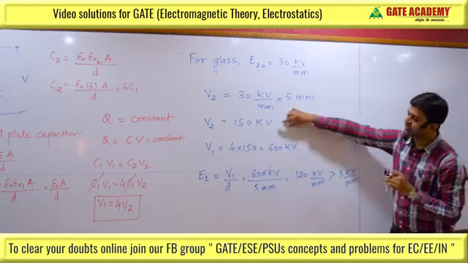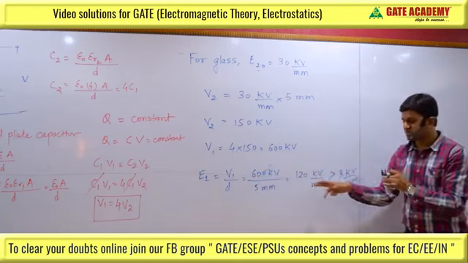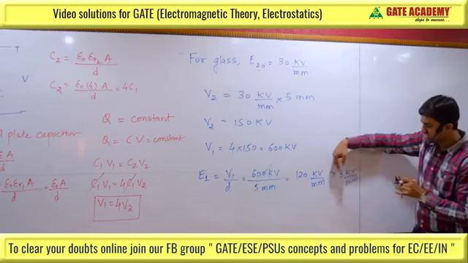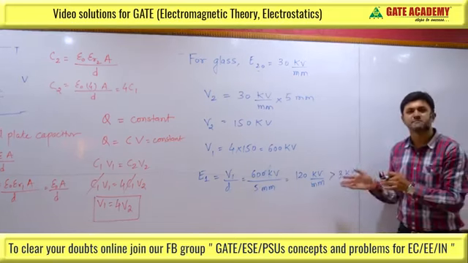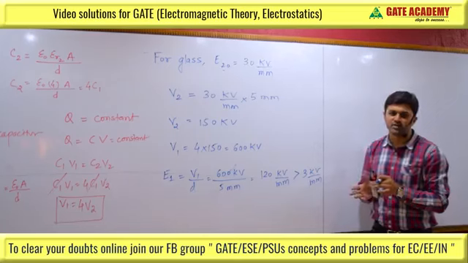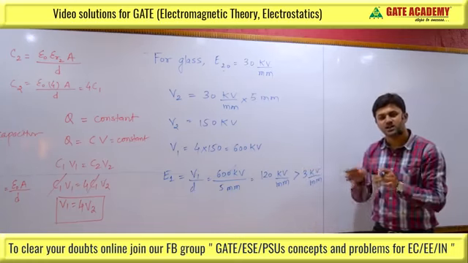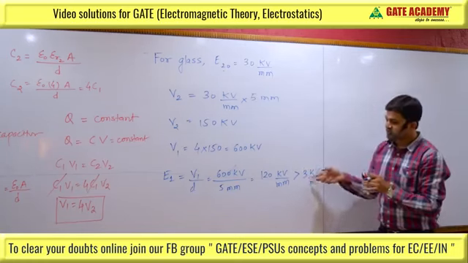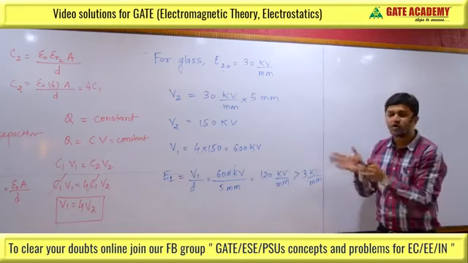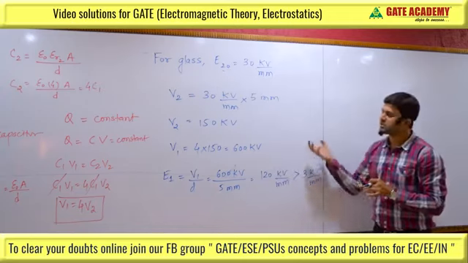So, now according to this 150 kilovolt, V1 should be 600 and the electric field in air is 120 kilovolt per millimeter, which is greater than the dielectric strength of air. It means that air, that dielectric, will go into breakdown. So, in this case, we cannot calculate the maximum voltage applied across the capacitor without breakdown, because this dielectric will go into breakdown. Hence, we have considered air first and not glass.